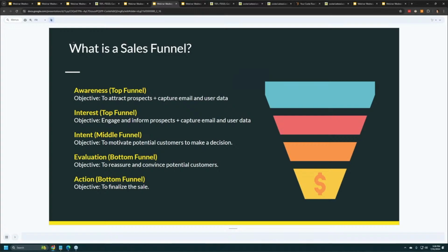You have your awareness and interest phases. Those are when people are either downloading a lead magnet you have, maybe you have a free trial, and you're capturing email information and user data to then nurture them to your paid content. Then you have intent, which is part of that nurturing process, because when they first engage with the brand and